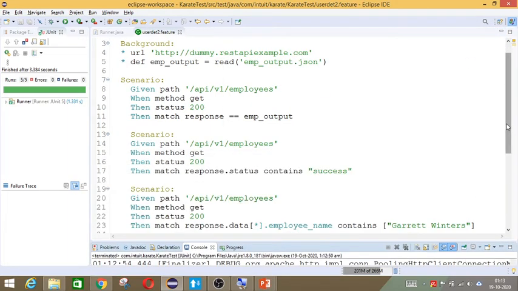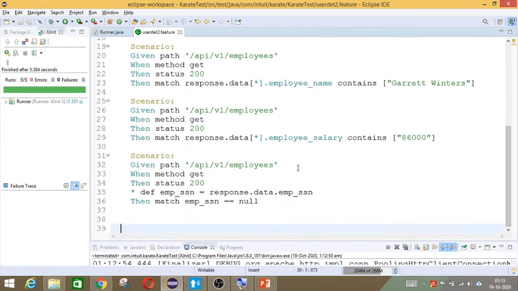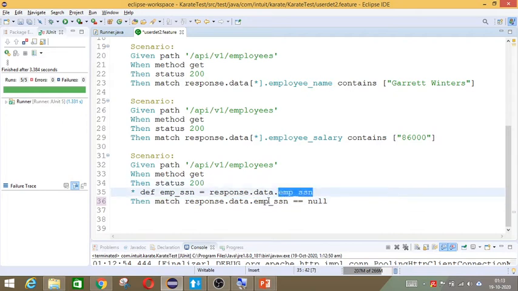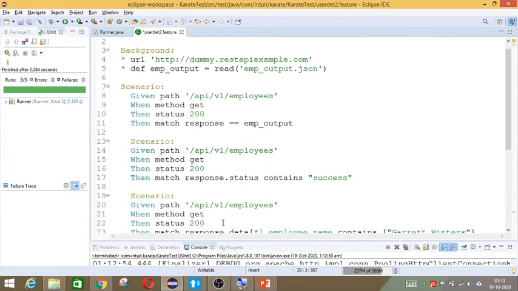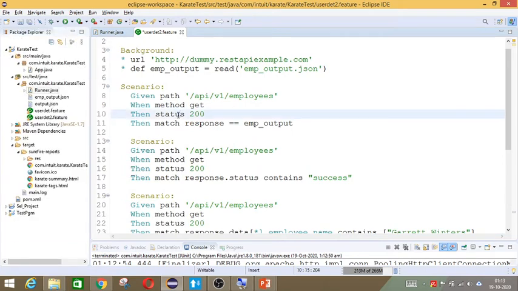So we can see right here, instead of giving this, if you give match response.data.empSSN, and this is what the field is, right? We want to check whether that particular field directly is equal to null. Then if you give like this and you run it,